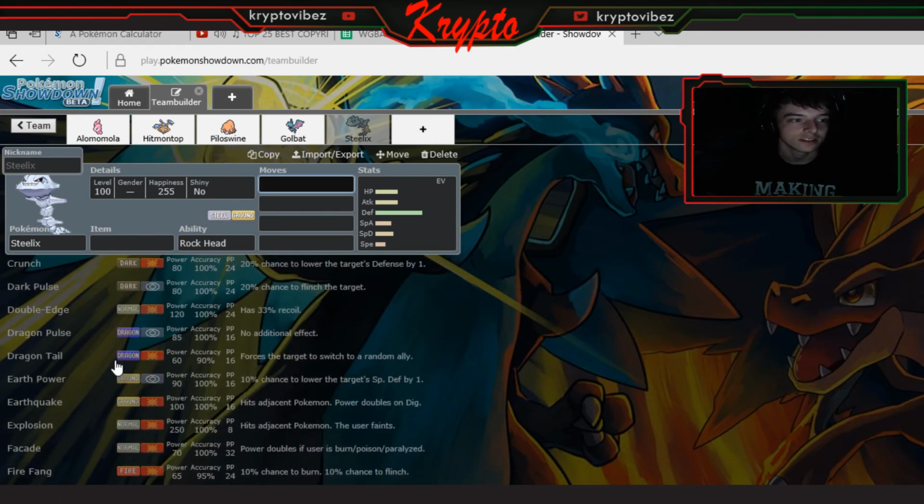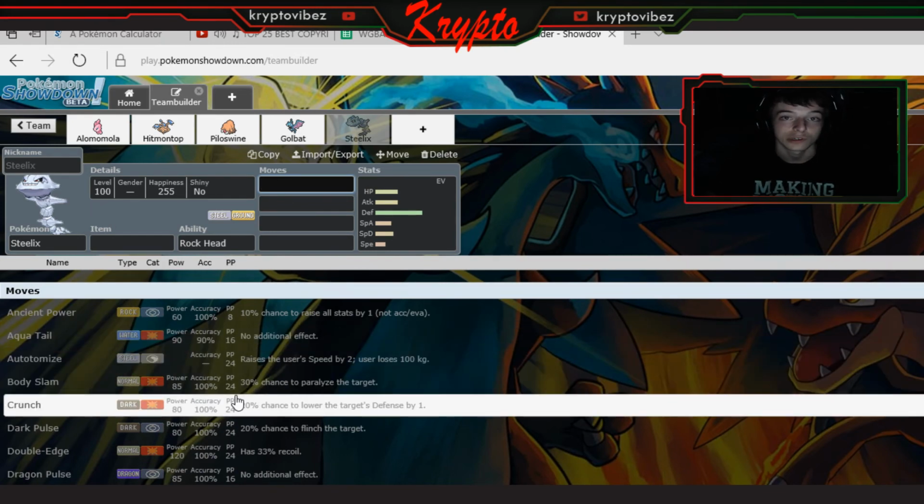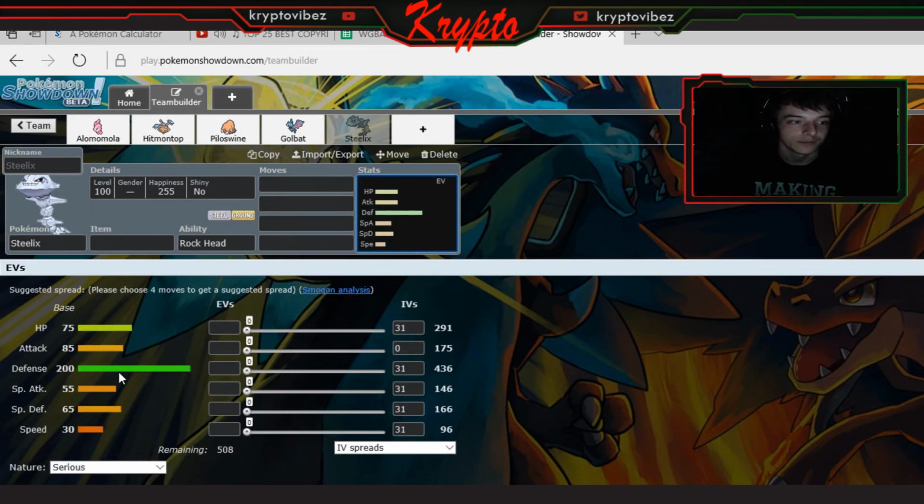I just wanted a decent Steel type that could take hits, and I love using bulky offense, and I guess this falls under that category a little bit. Obviously with the defense, you would think special defense not good, but base stats just not great. I guess defense is really nice, but